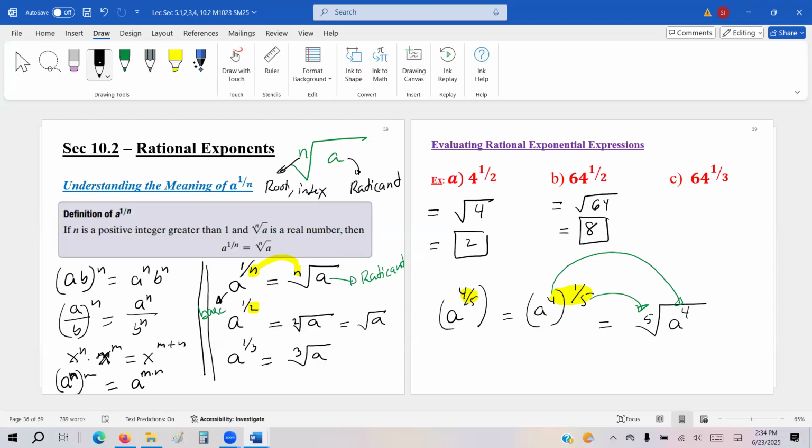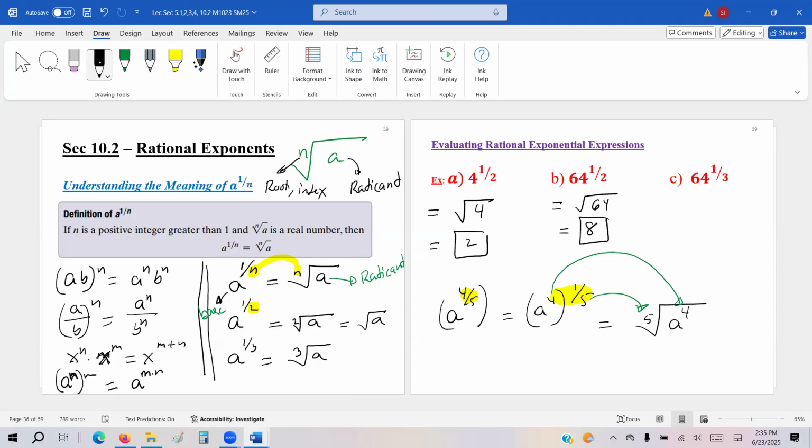Because you're multiplying 8 times 8, that's 64. So observe whatever radical or denominator we have, your goal is to find one number that you multiply the denominator many times and it becomes that. So square root of 4 is 2, because if you multiply 2 twice, it becomes 4. Square root of 64 is 8, because you're multiplying 8 twice, it becomes 64.